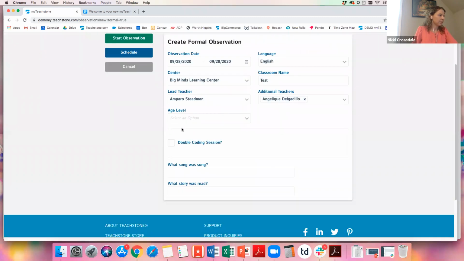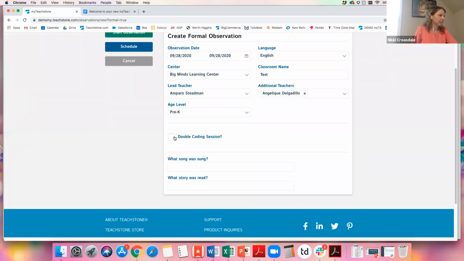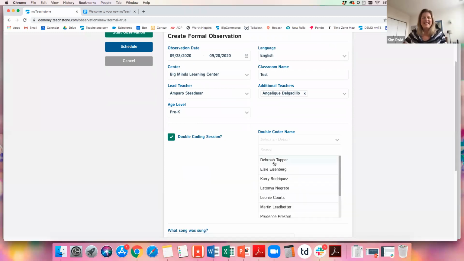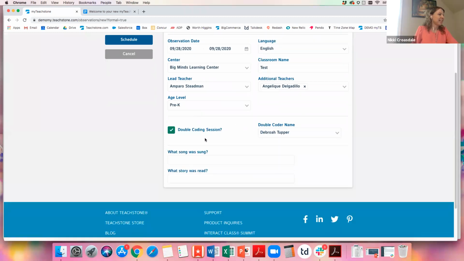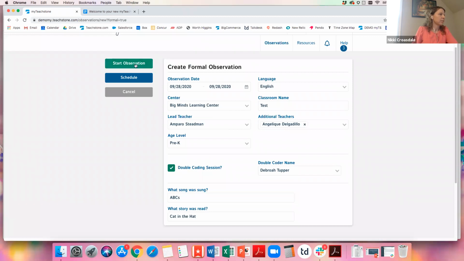Just going to choose some things to get us going. Oh, are you choosing double coding? That's great. Yep. So we can see that feature later. And here we go. So here are custom questions to set the environment. They're right here on this first page. And so if your administrator has not turned this on, you won't see this here. If they have turned it on, you'll see whatever questions they've selected. Perfect. Yep. So we'll just go in here, fill out our data. All right, and then we'll start the observation.